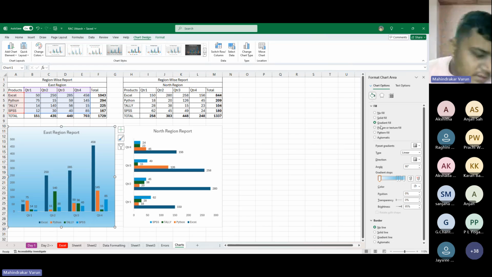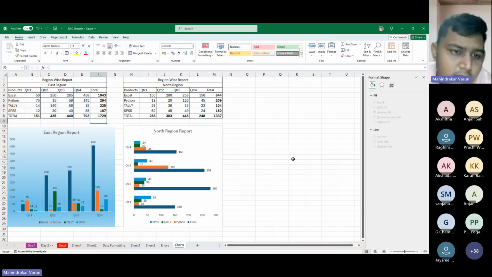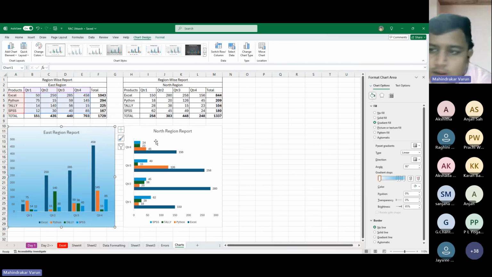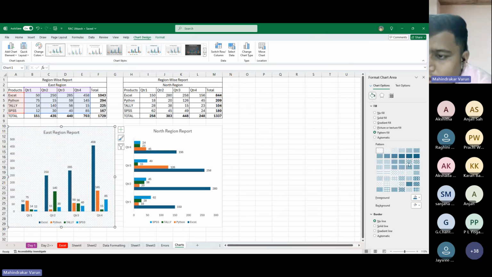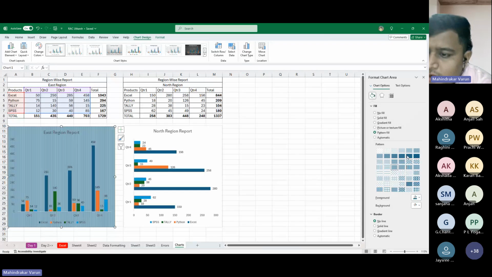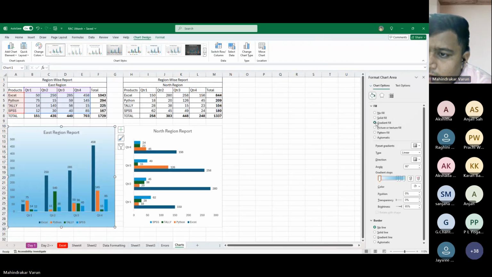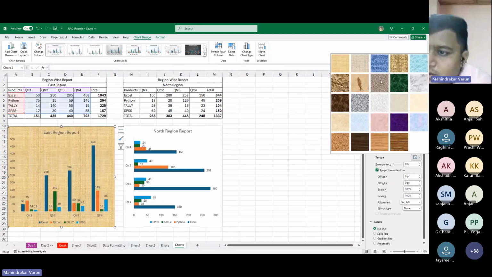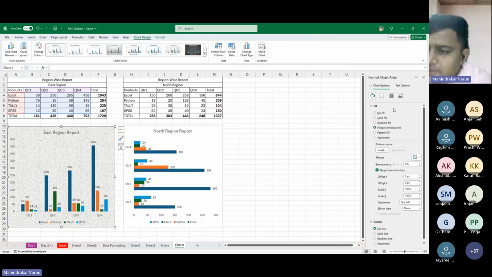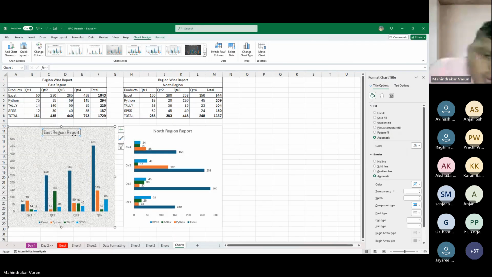gradient. I'm selecting here gradient fill. So once I selected gradient fill, you can see the chart is appearing in very light colors. And you can change the colors as well, pattern fill. You can see I'm able to select any one of the random patterns. I'm selecting gradient fill or else I can give a picture or a texture. You can see these are textures. It will be funny, but still, you can give